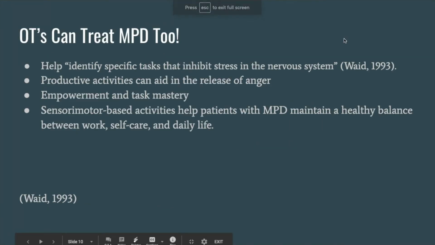I wanted to throw this in there. I thought this was fun too, that OTs can actually treat MPD. And I didn't really know that. I didn't know that happened, but it makes sense as I read about it. I found this really cool article that talked about OT's role in helping identify specific tasks that inhibit stress in the nervous system. And this is important because